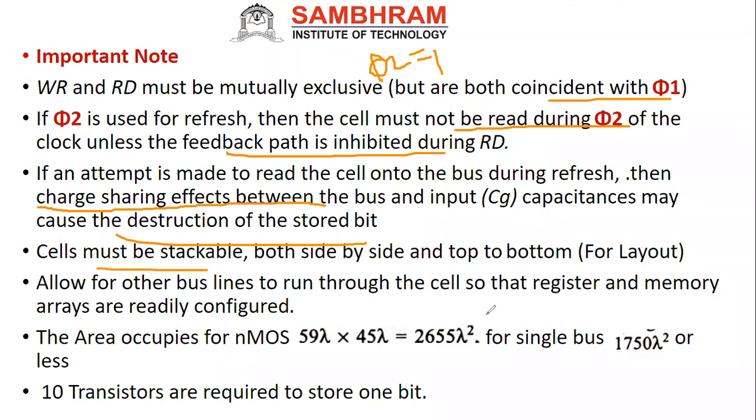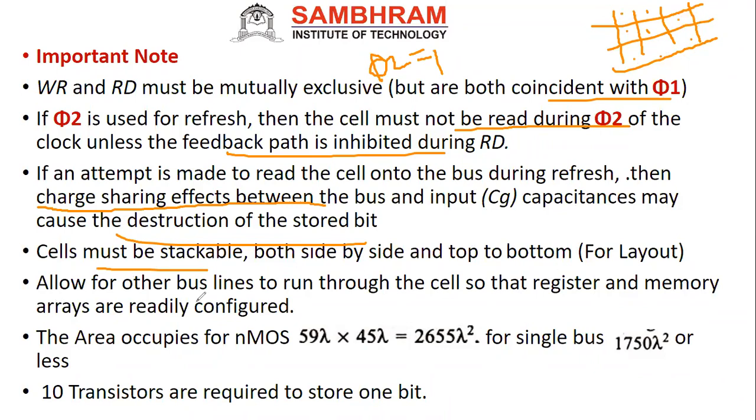Then your cells must be stackable, in the sense that we need to arrange the cells in a stack, side by side. This is one cell, this is another cell, this is one more cell, and this is the column, correct? Now this will be your row. So now this will become an array. Here I can keep cells 1, 2, 3, 4. These all are memory cells. If you keep them like this in the array, then it will be very easy for layout. So you should create the memory cells in an array.